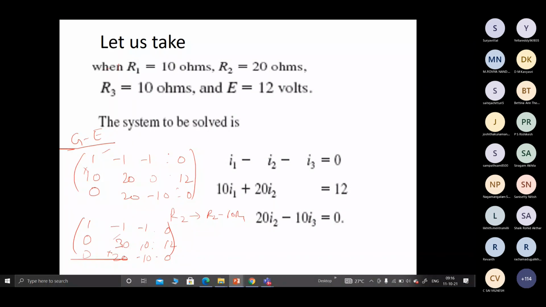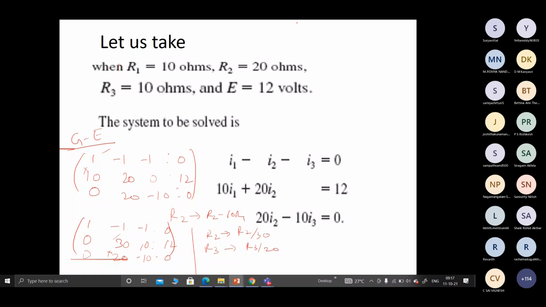So now make it with the help of 30. If you divide by 10, it will be a fraction. Or you divide by 30. What will happen? So this will be 1 by 3. This you divide by 20. Then subtract. Tell me what will happen. Yeah, please go ahead. R2 by 30. R3 by how much? 20.